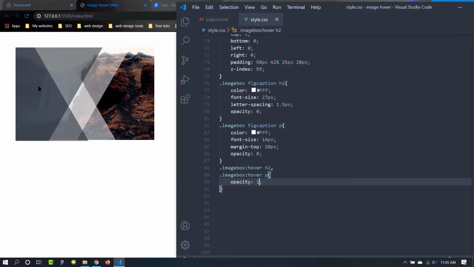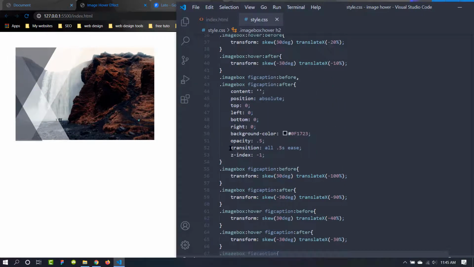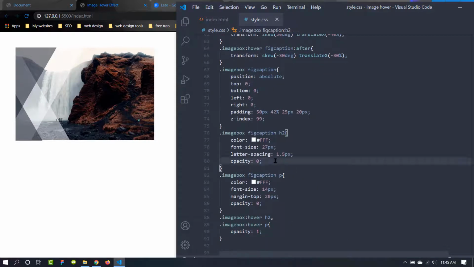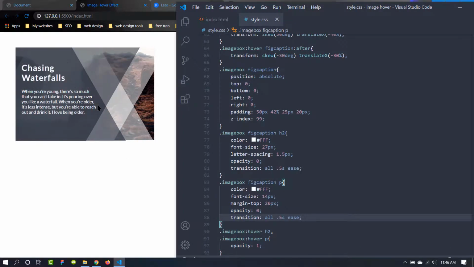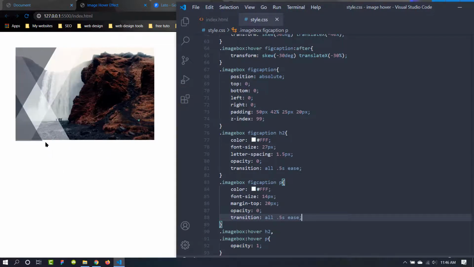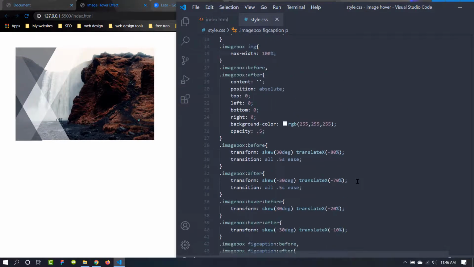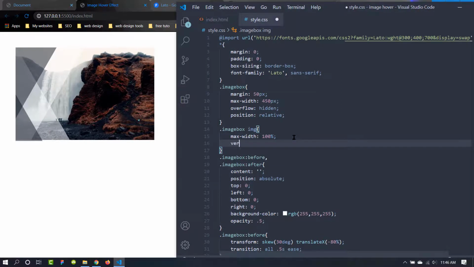We don't have any transition here. We can add the transition, the same on this h2 and the paragraph text, and I think now it will be fine. And it is good, but in here there are some issues. As you can see here, the box is currently showing itself outside the image, and we can solve the issue by giving it a property value. This will be vertical-align, and let's use the value of top.